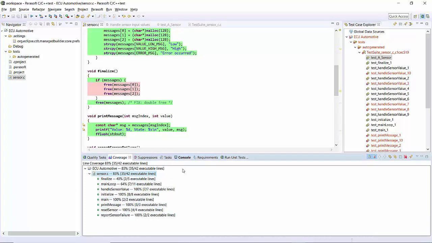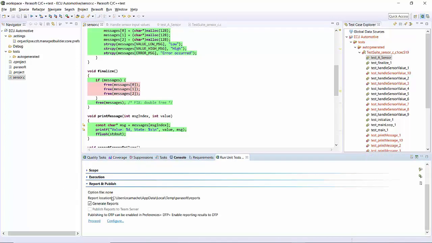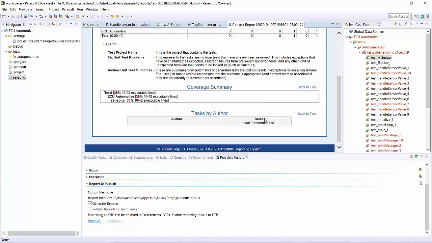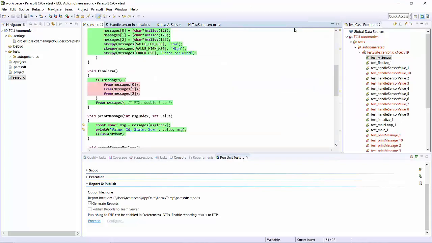And again, this information is going to be put into Parasoft DTP. So you can see here publishing to DTP. So I'm going to also hit the proceed because there's this little report that also gets generated. So we can see some information here. The ECU project, the length of time it took to run that test, that it passed. And we have other metrics information here as well. All right, so let's go to